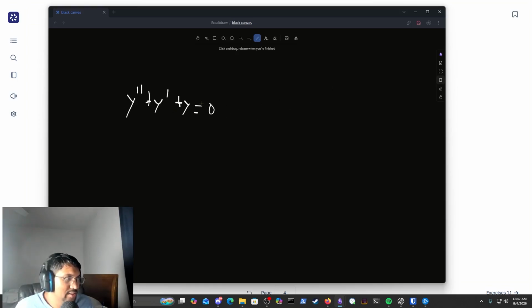We have the variable y, and it's being differentiated once here, and then it's being differentiated twice here. Because the maximum number of times it's been differentiated is 2, we would say this is a second order differential equation. It's really as simple as that. You just look for the highest derivative, and that's going to be the order of the differential equation. And then we have the actual linearity of a differential equation,